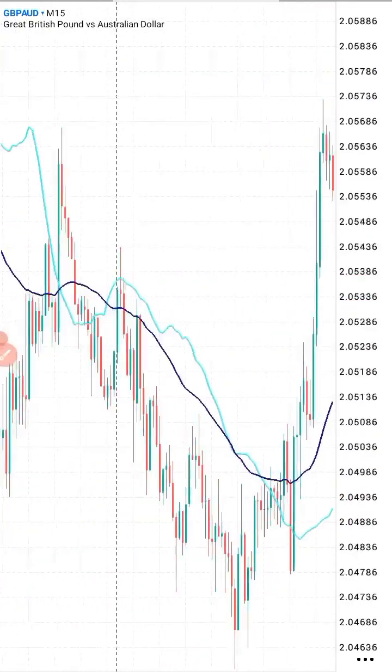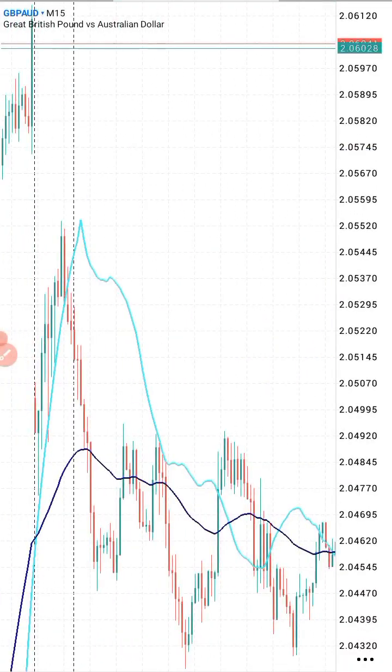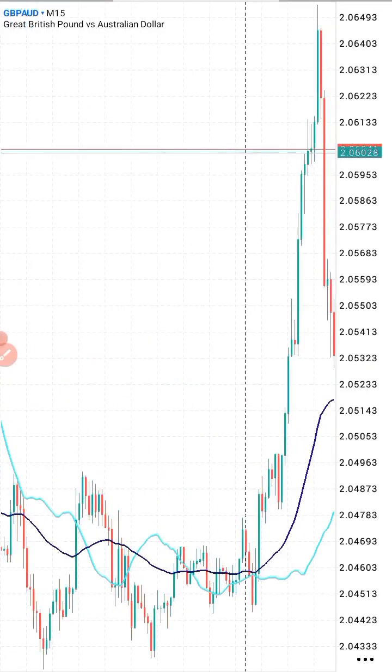We always come back to the 50 moving average. That is just it. Now when it comes back, you look for reversal candlesticks or candle patterns, whether it is a pin bar, engulfing pattern, or any of them around the moving average. Around the moving average, and then you get a quick entry